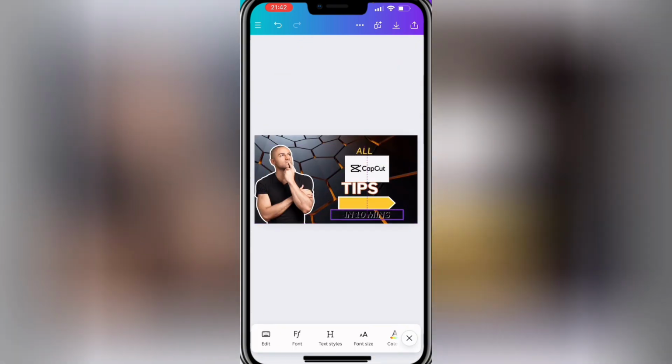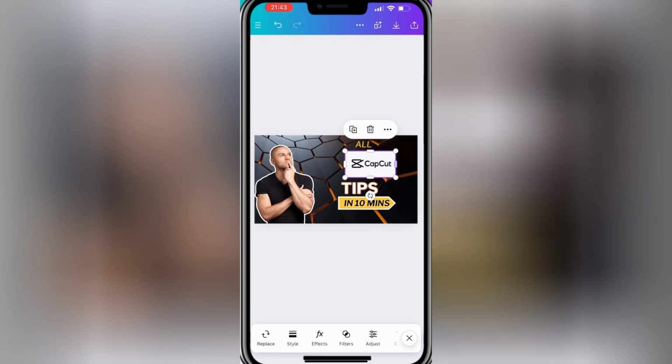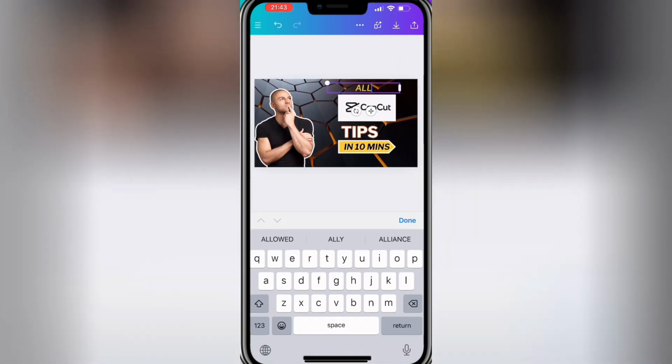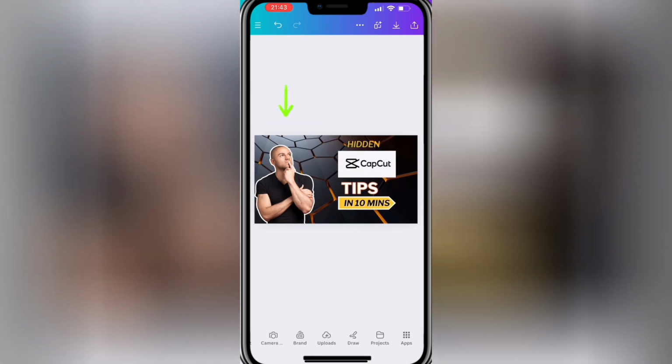Yeah, no, I'll leave it right here. I'll just make the, yeah, all CapCut tips in 10 minutes. I think, yeah, doesn't suit over here, so I'm going to write down hidden CapCut tips because this is what the video is about,